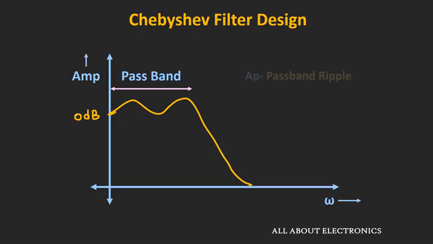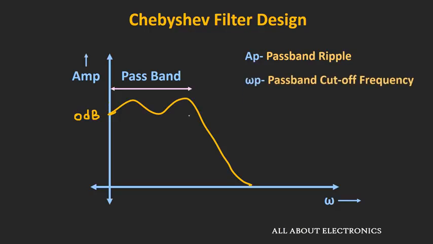So the first parameter about this design is the passband ripple, that is the maximum allowable ripple in the passband. Now the second parameter of the design is the passband cutoff frequency. For filters which have a flat passband, like in the case of the Butterworth filter, the cutoff frequency is defined as the frequency where the output is 0.707 times the maximum value, or it is also known as the 3 dB frequency. But for filters which have a ripple in the passband, the cutoff frequency is defined as the frequency beyond which you will not see any kind of ripple. So for this filter, this frequency is known as the passband cutoff frequency, that is omega p.